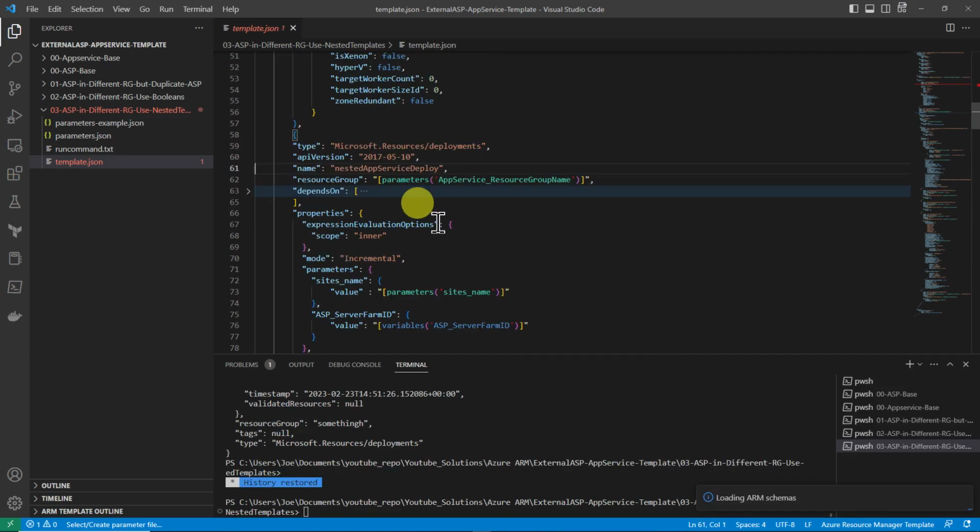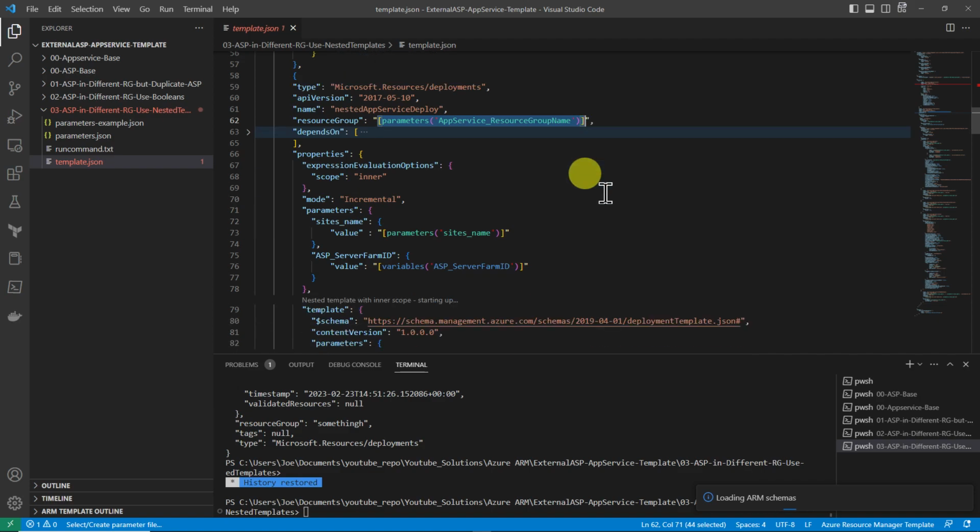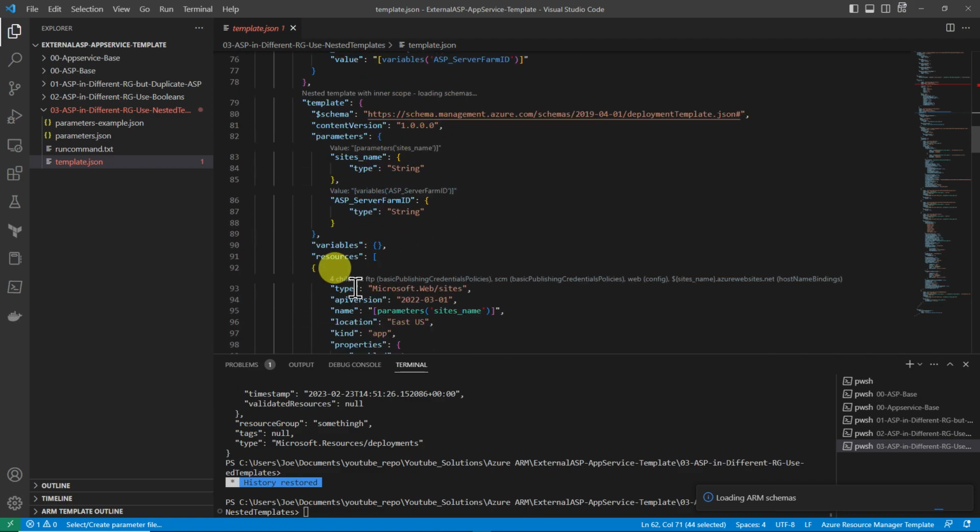So one thing I almost forgot to cover in my initial recording of this was to cover the fact that we have this resource group property here, and this is where we're passing the app service resource group name. So this is how the nested template knows which resource group to deploy the following resources,